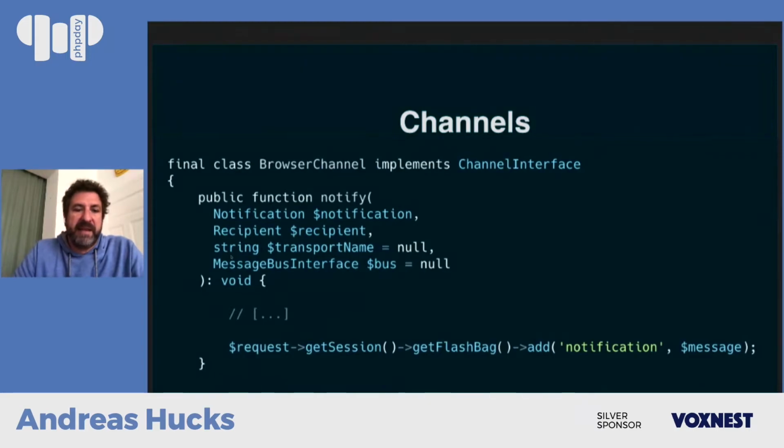The channels, as I said, are implemented by implementing the channel interface, which just defines this notify method. You can, in theory, build your own channels, although there are a couple of built-in channels, for example, that browser channel, which then does nothing else than simply use the flashbag. That is a standard Symfony feature that most people who have worked with Symfony before know. It's been there since the beginning, basically. And so it simply adds the notification to the flashbag,